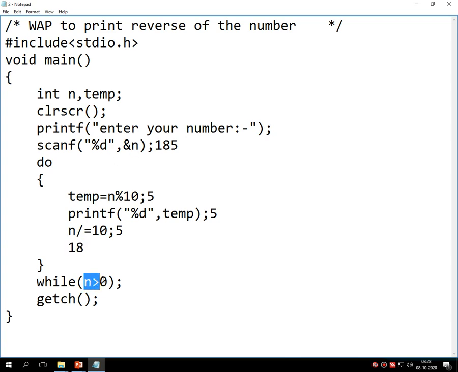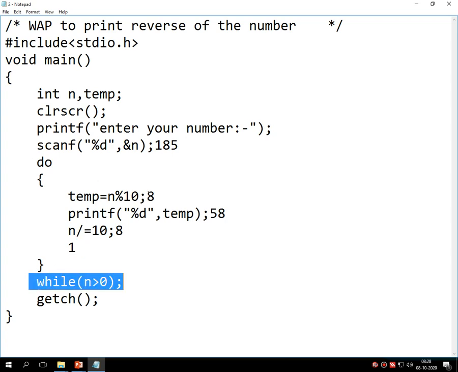So this 18 is greater than 0. The loop repeats. Over here it finds out the last digit from this 18. So it would come as 8 instead of 5. 8 is printed onto the screen. 5 is already there. 8 is printed onto the screen. 8 is removed from the list. Lastly it becomes 1. Obviously 1 is greater than 0.